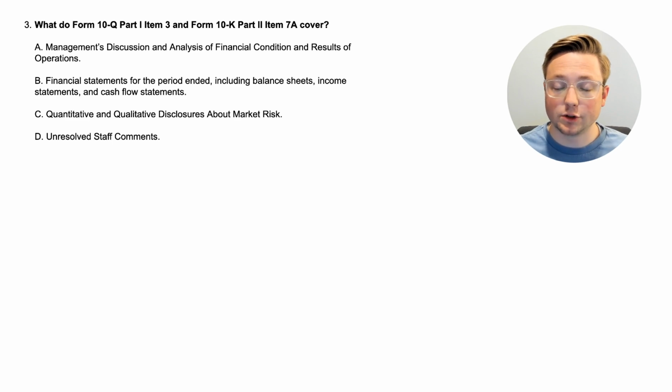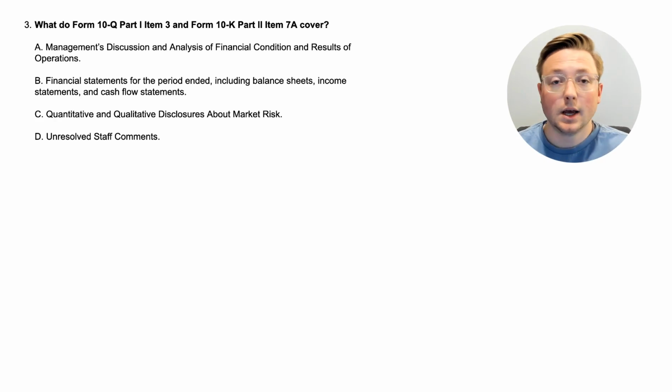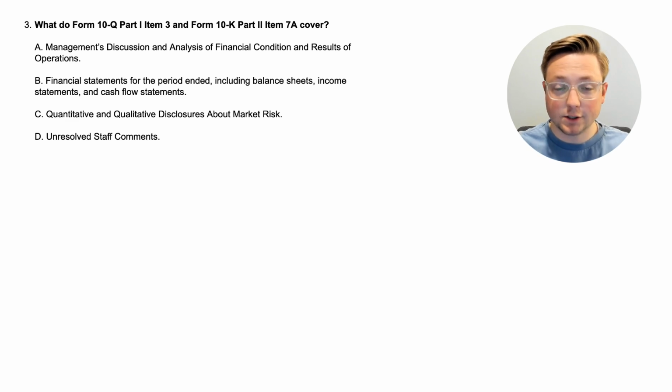All right, here we are at question 3, very similar to the previous 2 questions, but now we're covering the next 2 items, which is what do Form 10Q Part 1 Item 3 and Form 10K Part 2 Item 7A cover. And if you paid attention to the blueprint topic at the beginning, these are the last items that we're going to cover. We're only covering 3 items from the 10K form and 3 items from the 10Q form. And again, just a hint, they both cover the same items, just in slightly different fashions, like different time frames and different broadness or narrowness. But these do cover the same thing.